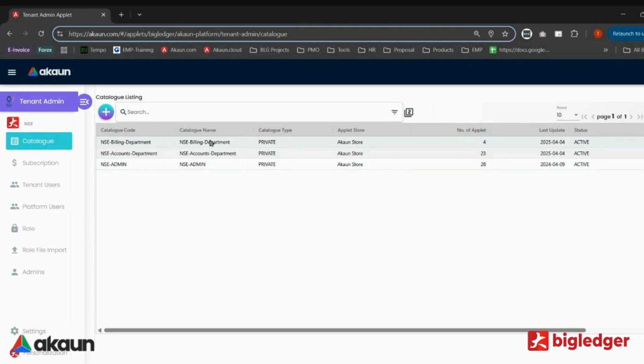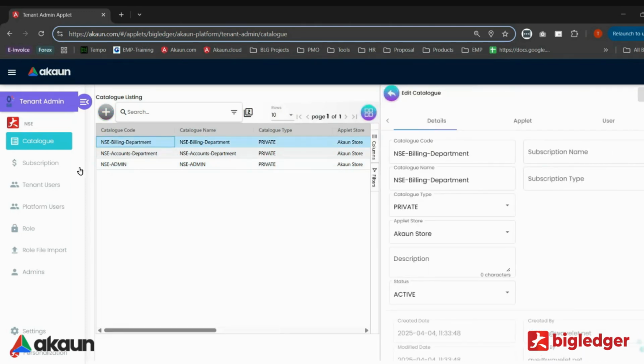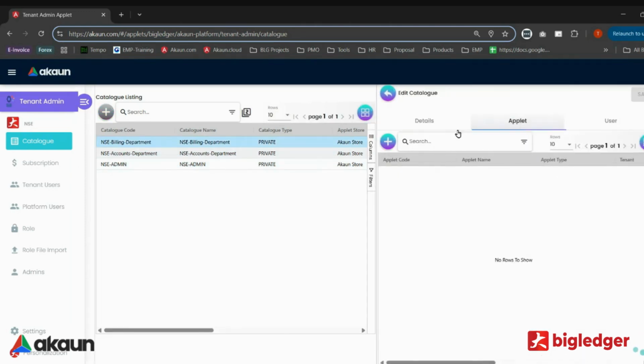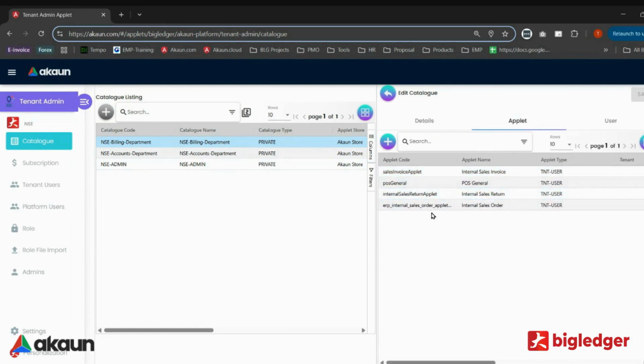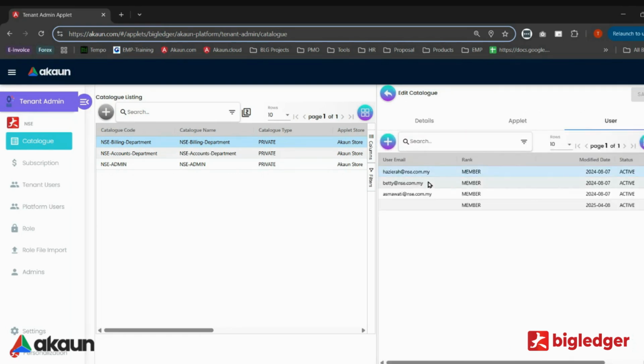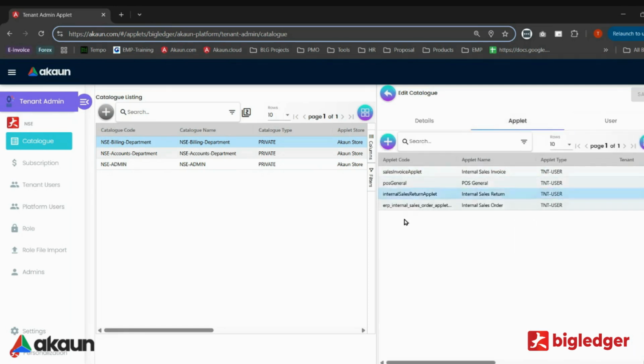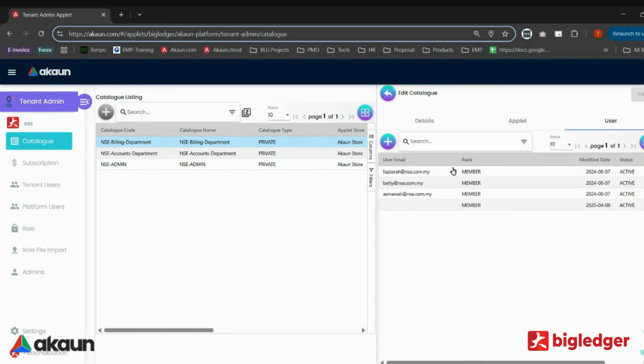So when you click into this billing department, you can see all the applets inside the catalog. You can also see the users. Users means who can install these applets, who has access to this catalog, and from this catalog they can install these four applets. So from here you can see you have four users,